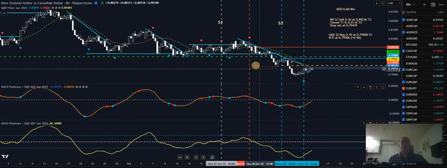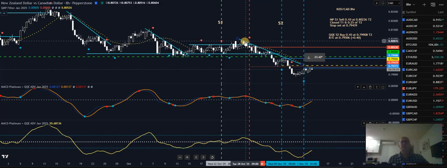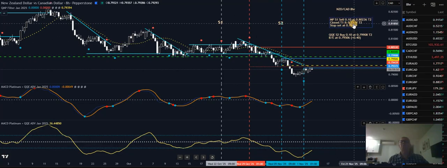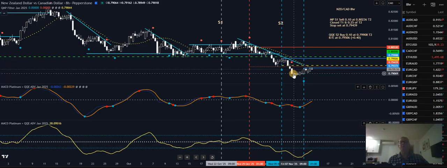NZ CAD, right, with 2 sells here. There's an MP sell, resistance level, initial there. A second sell there. And once the MACD Platinum's through the 0 level, start taking some action. And I've just closed trade 1 and most of trade 2, just trailing a stop now. So the stop's down to there. Then I've taken this buy, a QQE buy trade. There, first one. Then there's a sell, which I couldn't do anything about. And took the second buy.